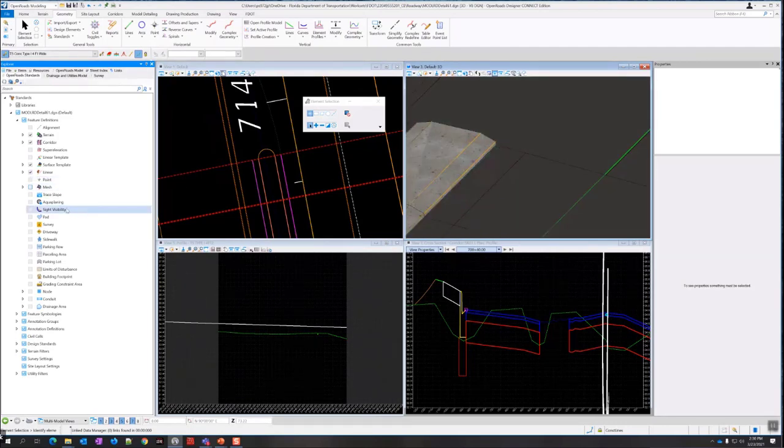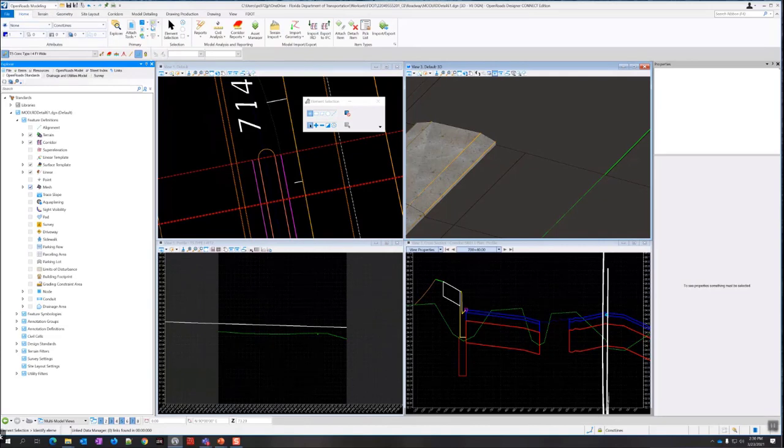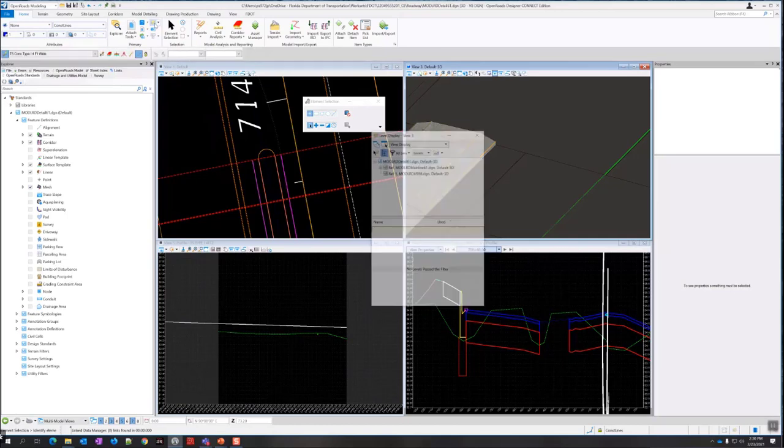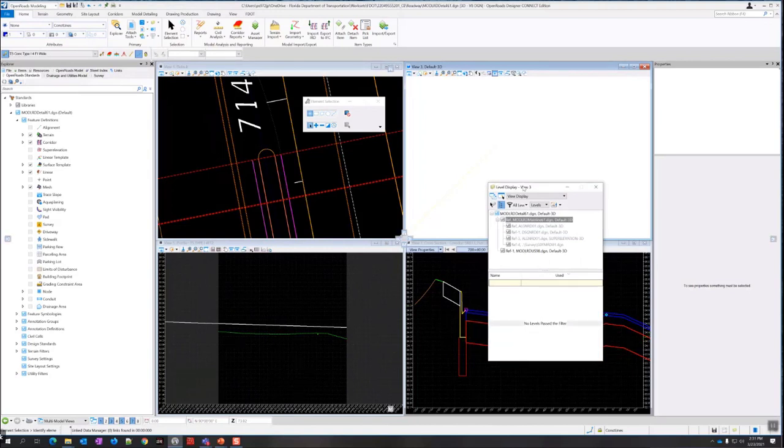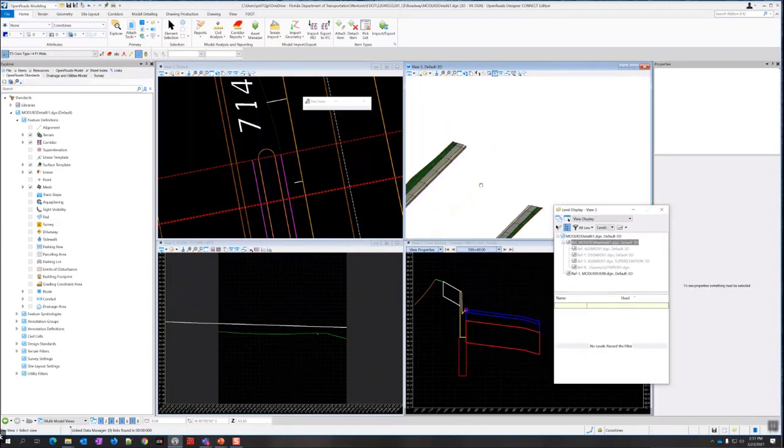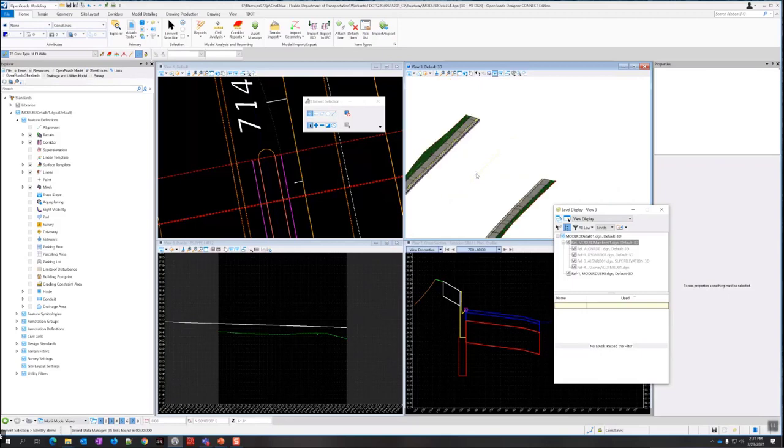Oh, never mind. Habit of doing that, but it's not in this file, so turning off mesh isn't going to affect that. I'd have to turn off the display of the reference. So I can check that. I'm going to just go to level display. And then I'm going to make sure 3D view is active, and then right click and uncheck display. So now I can see that line that I created. It's there, and it's just there.